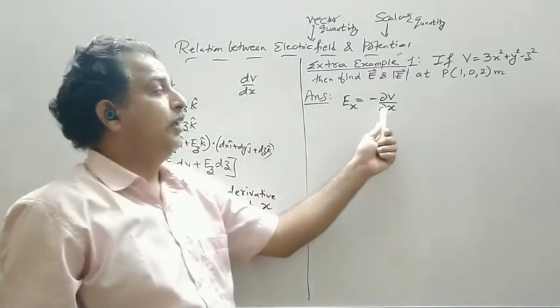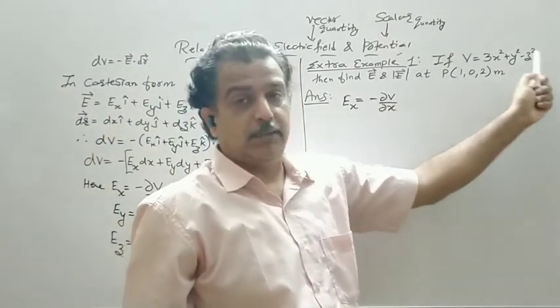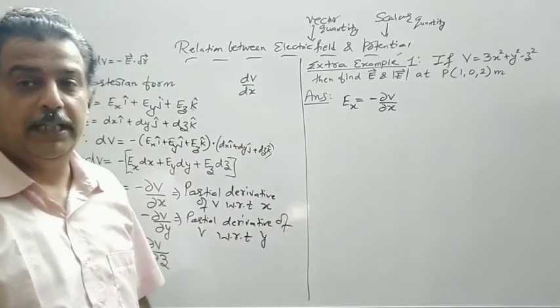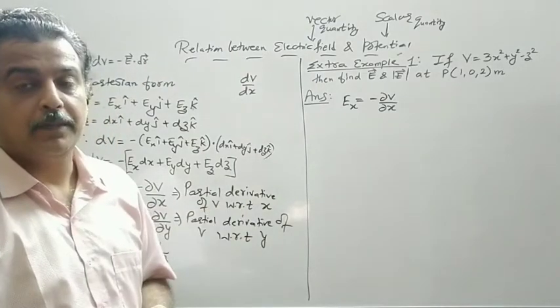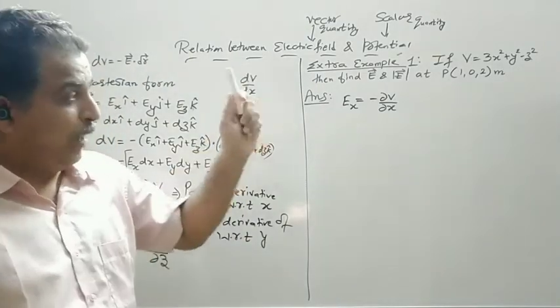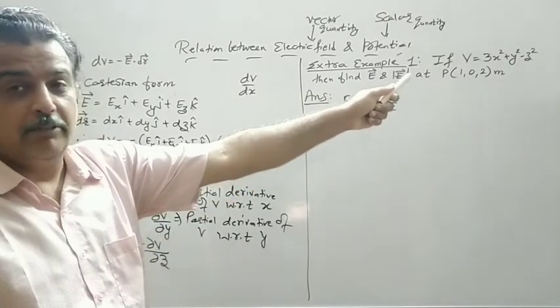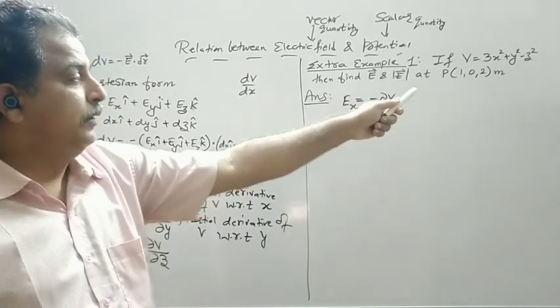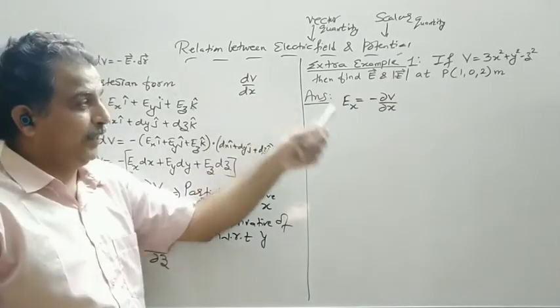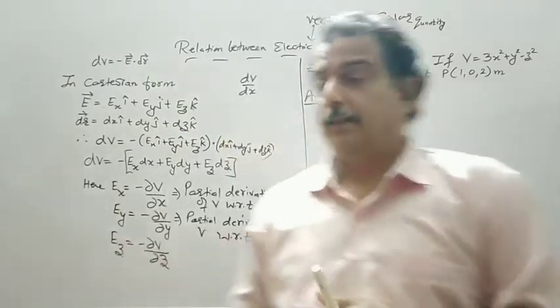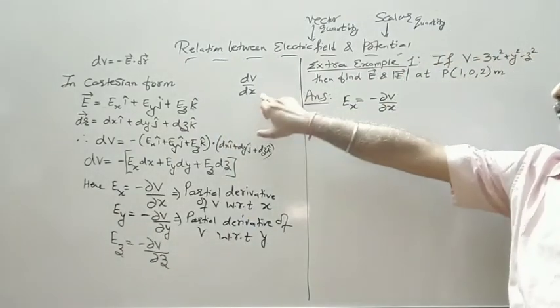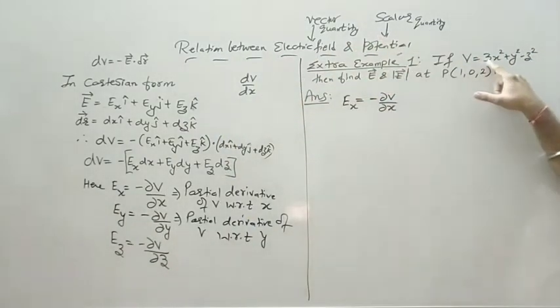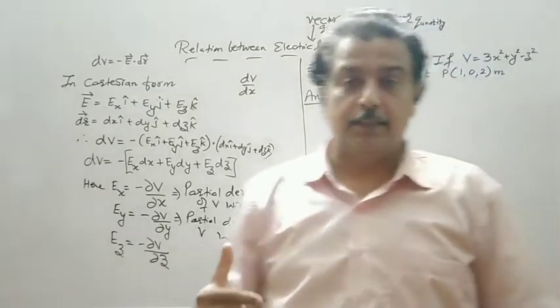Here I assume all the other coordinates, the y and z variable, to be constant terms. And in the other case, I have to do the derivative of y with respect to x, derivative of z with respect to x also. So mathematics students know what I am saying. So if I have to find out dV by dx, it is 6x plus 2y dy by dx minus 2z dz by dx.